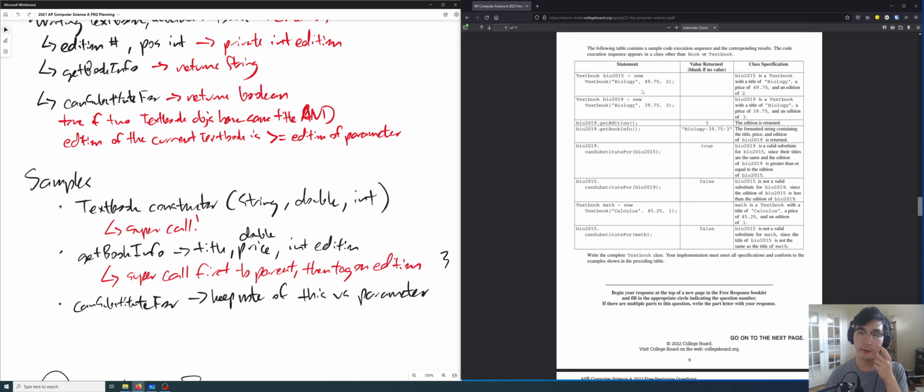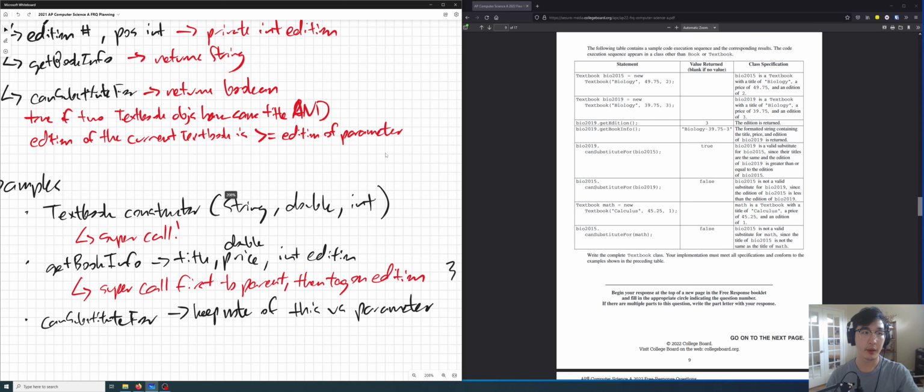So I see right here, very first thing, they give me a textbook constructor right here. So inside my textbook class, I know I need to write this constructor that takes in a string, a double, and an integer. Okay. And inside this constructor, because it's a subclass of the book class, right, I need to call my parent, my super call.